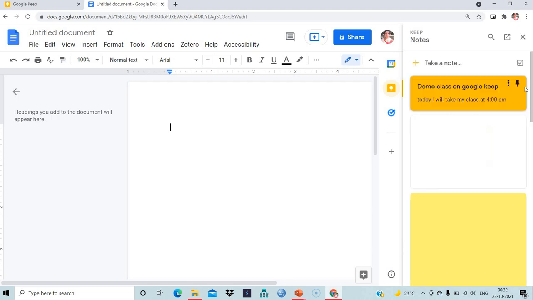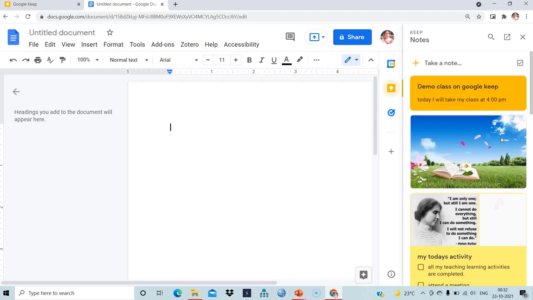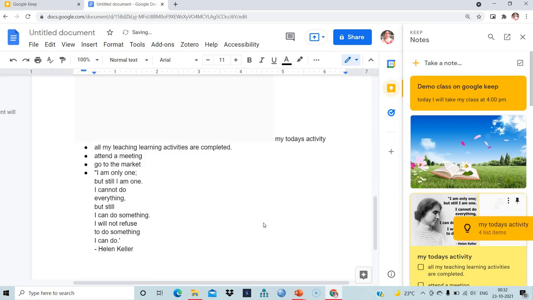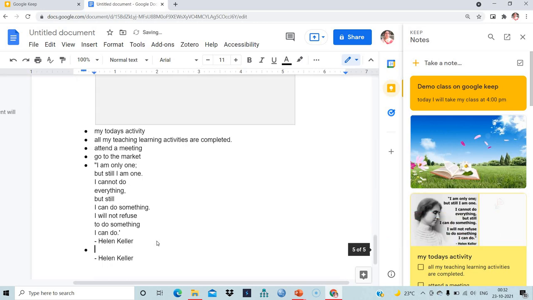Now all the notes you have created on your Google Keep are available here. So whatever notes you want in your Google Doc, you can simply drag and drop. So it will come into your Google Document.